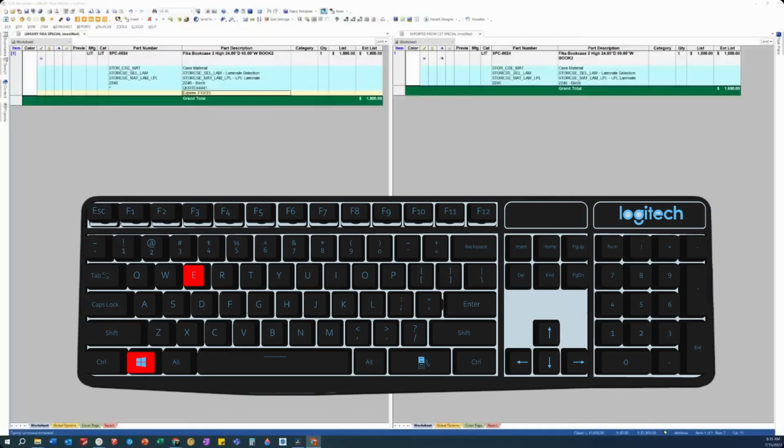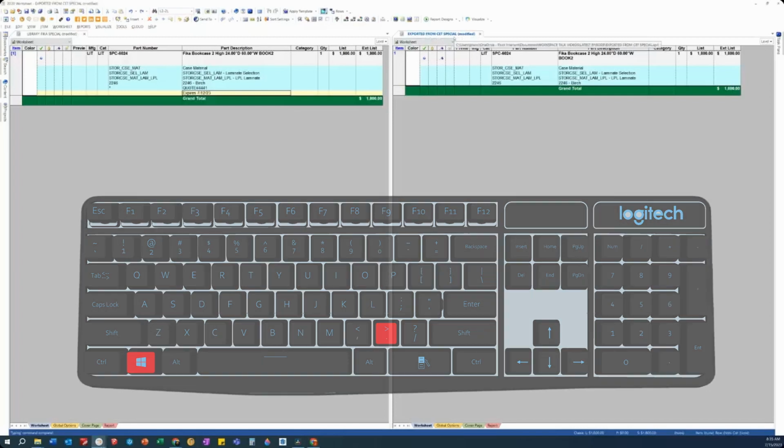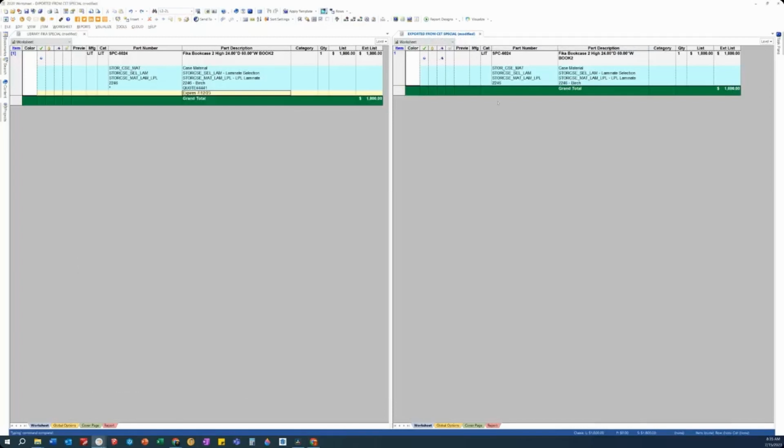This part of the video, we're going over Worksheet. You're going to see that there's two side-by-side windows on the right. This is the exported CIF from the CET special that we created. And then over here on the left-hand side, we're going to notice that if you have a library of specials,